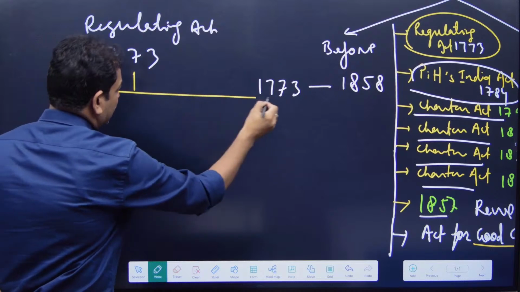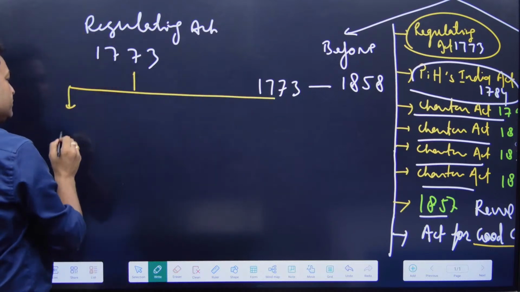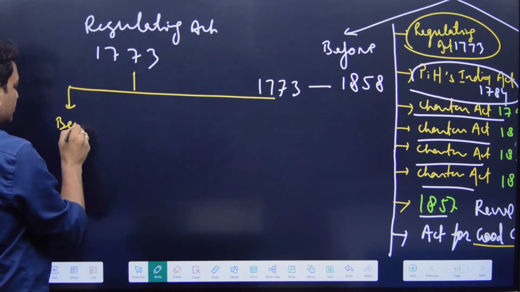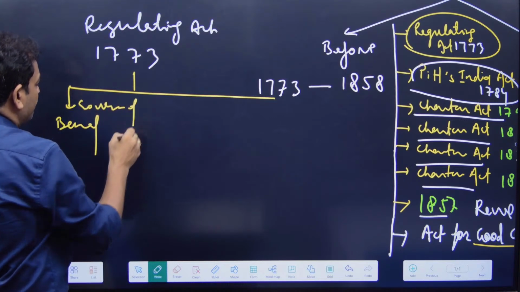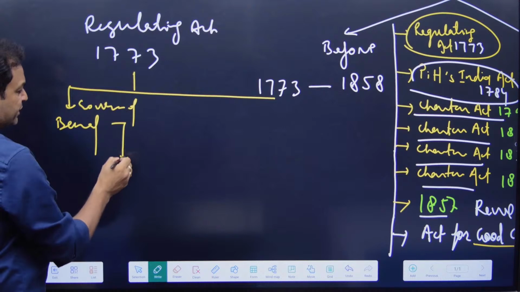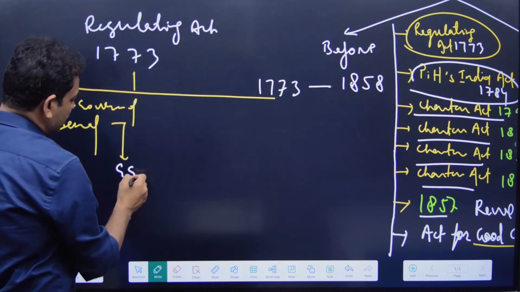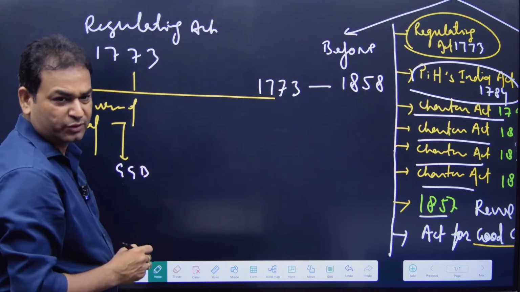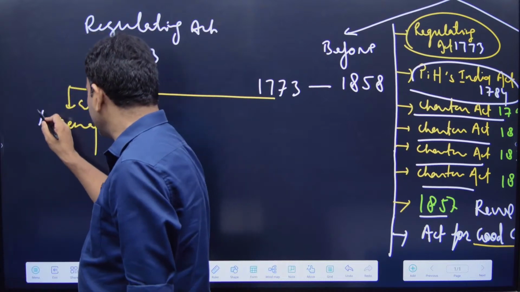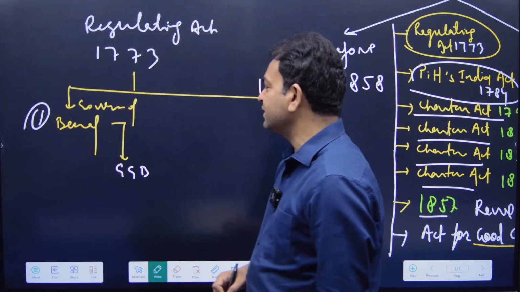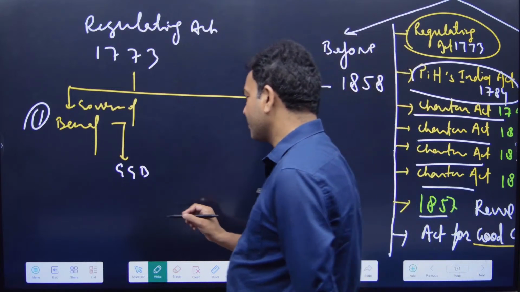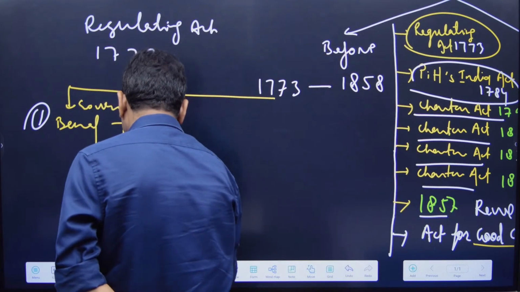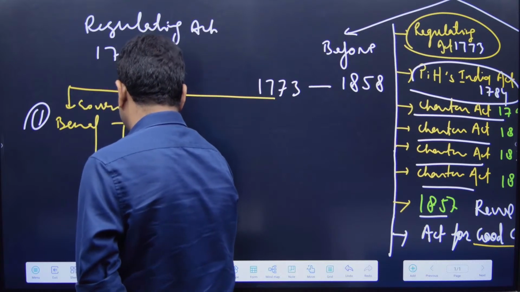What happened in this act? Number one, the Governor of Bengal was designated as Governor General of Bengal. First thing, कि जो बंगाल का गवर्नर था, he was designated as the Governor General of Bengal. And now a 4-member council was constituted,